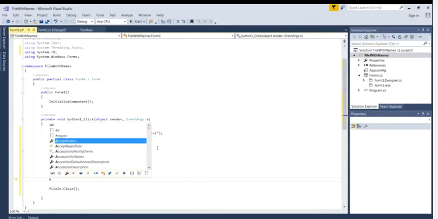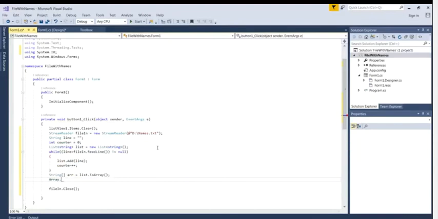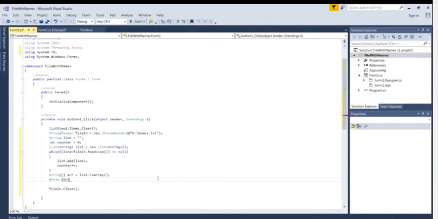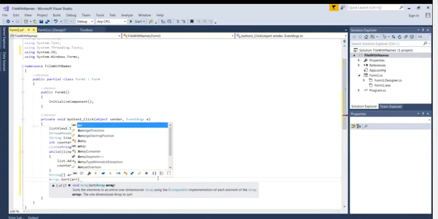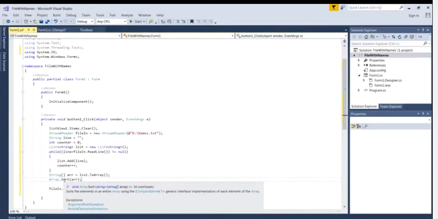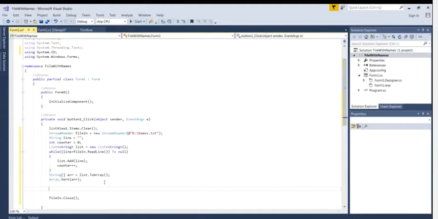Now let's take the array functionality, array dot sort, and I'll pass it my array, and it will actually take my array and sort it out for me, alphabetically, numerically, whichever may be the case. For this, it's alphabetically since it's an array of strings. So now I've read in that array, and the only thing I need to do is take what's in the array and use it to populate my list